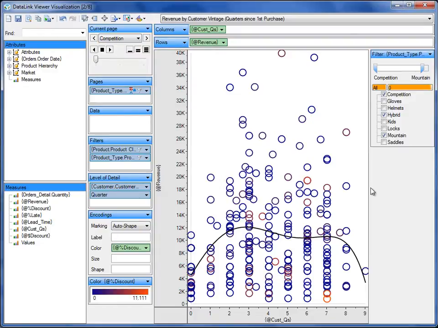This is an example of bringing in some insight into the data set. It required creating a formula computing customer quarters to support analysis by customer vintage. And that's where the power of Crystal and data visualization combines. As a Crystal report developer, you know how to create formulas and you have the insight into the business metrics